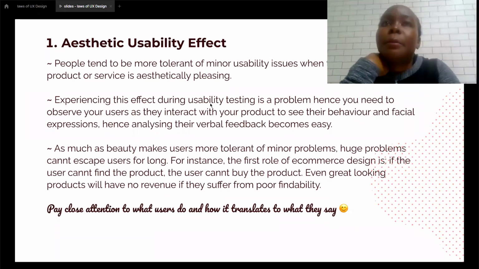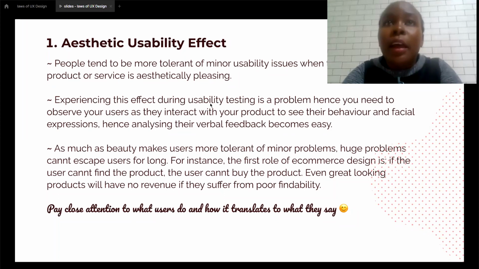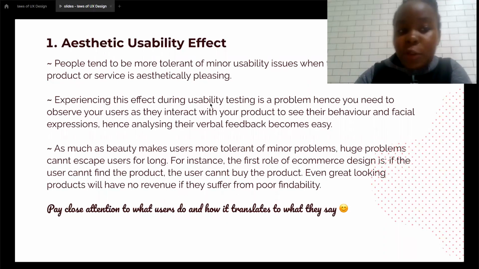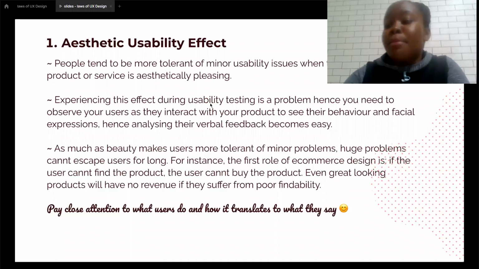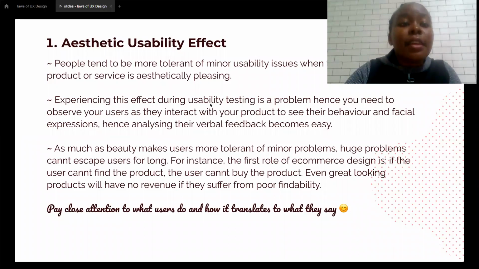Don't ask them, why were you struggling at this point? Most times they wouldn't really tell you why, or they wouldn't even know why. Instead ask, what was your experience? What challenges did you have? Then when they're telling you the story, you will realize that maybe they could not find a particular item. And if it was an e-commerce site, then obviously you need your products to be found. Even if your UI is beautiful, in the end this effect is going to ruin your product